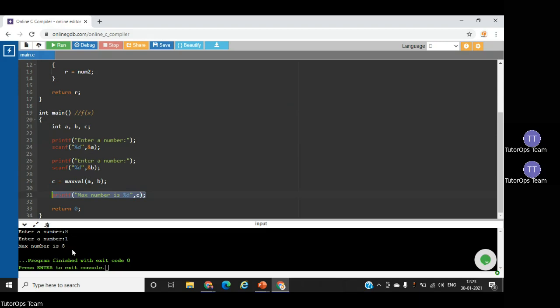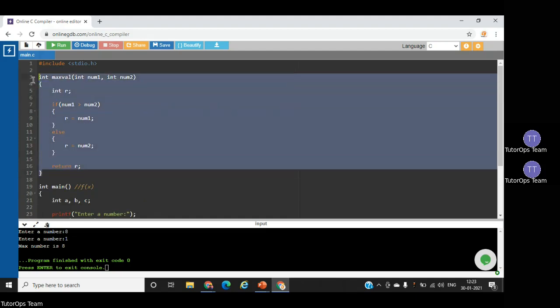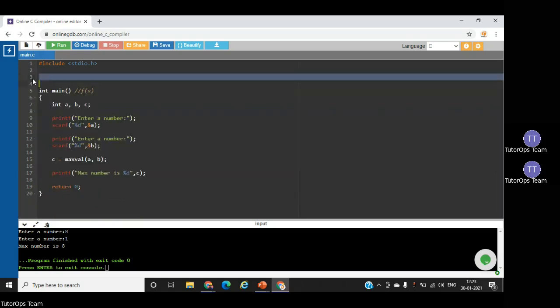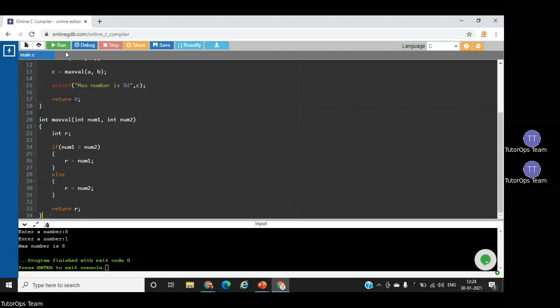So here 8 is showing. So this is how we can write the function. Now if I want to write this function below main, what will happen? Let's see. If I define it like this,